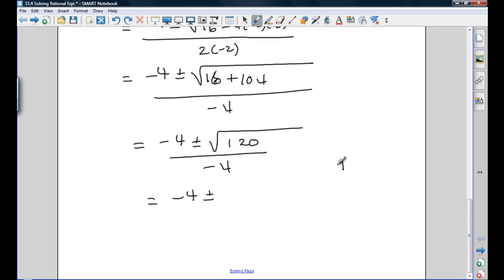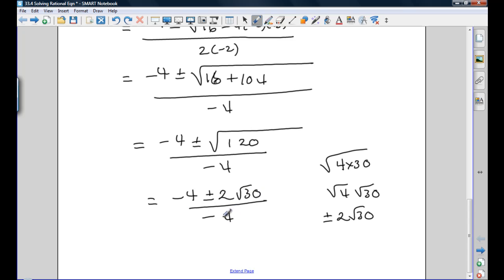What we know is that 4 multiplied by 30 is still equal to 120. I chose 4 because I know I can take the square root of 4 and rewrite it as plus or minus 2 root 30. And 30 does not have a perfect square within it, so I'm left with 2 root 30 here, all over